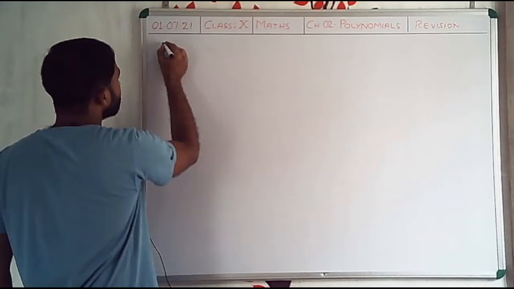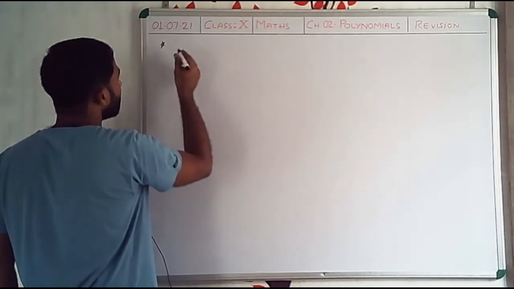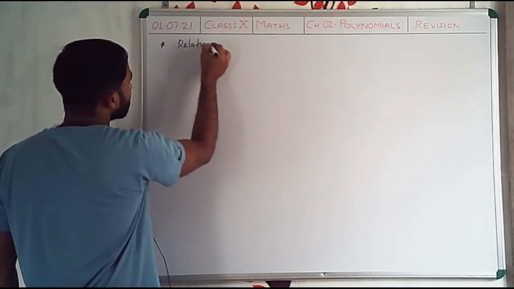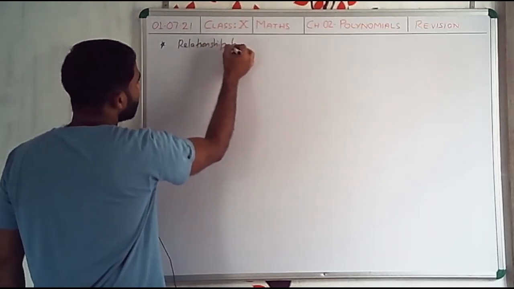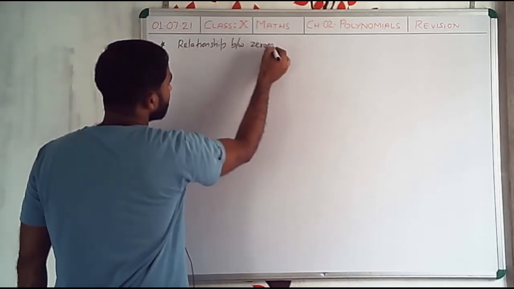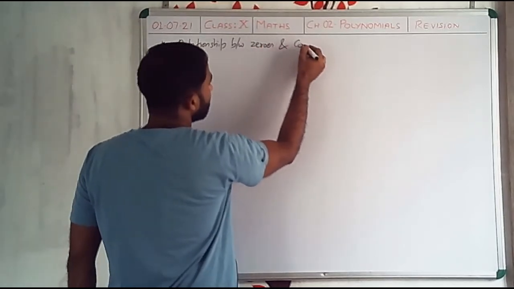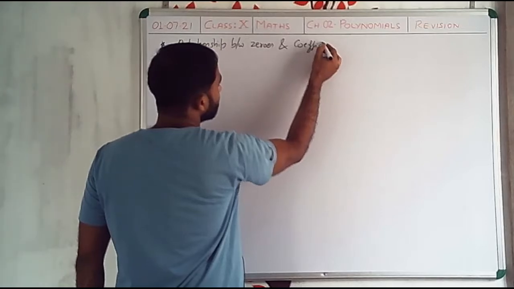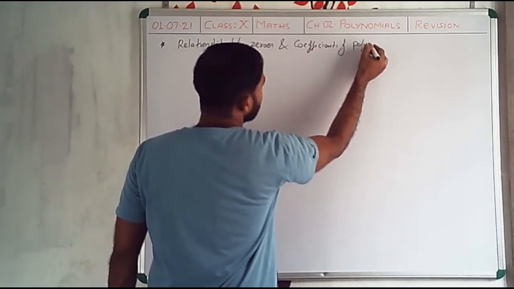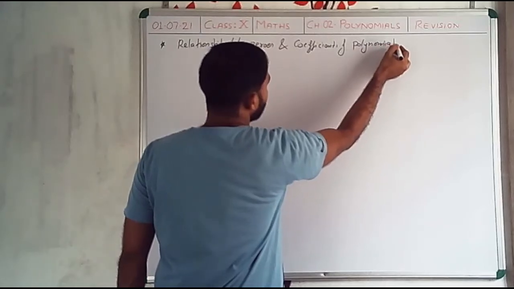Today's topic is relationship between zeros and coefficients of polynomial. I hope all of you know